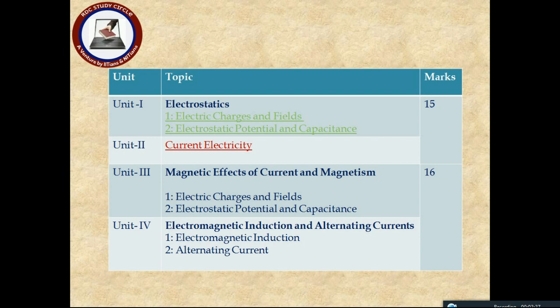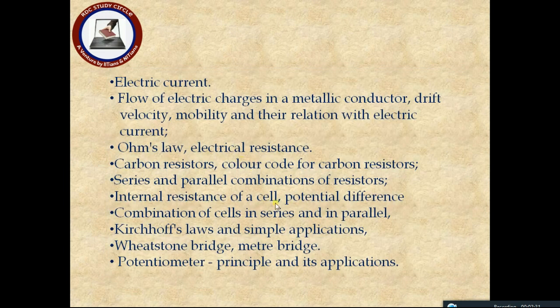The second unit is current electricity. In that, a student comes to know about electric currents, flow of electric charge in a metallic conductor, drift velocity, mobility and their relation with electric currents, the famous Ohm's law, electric resistance, carbon resistors and the color coding method for calculation